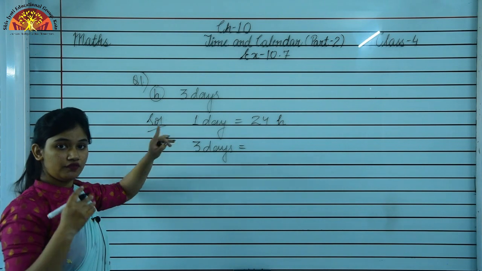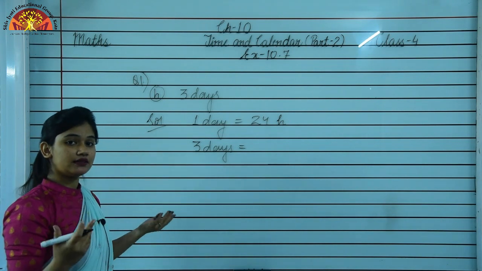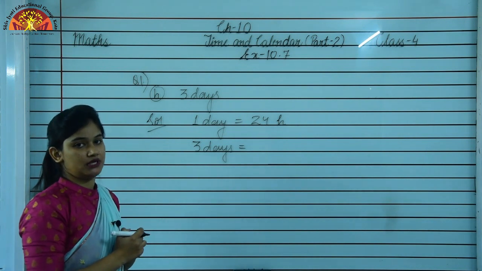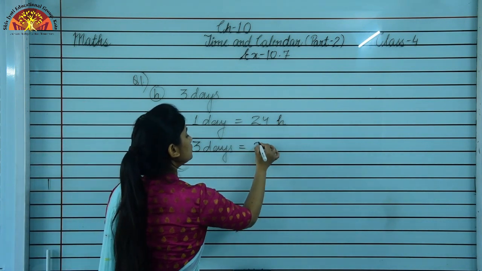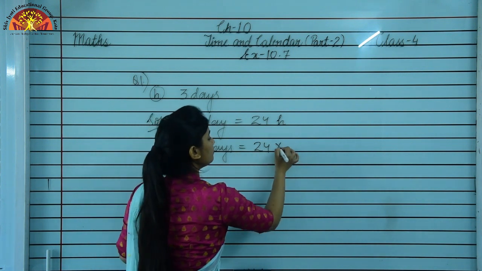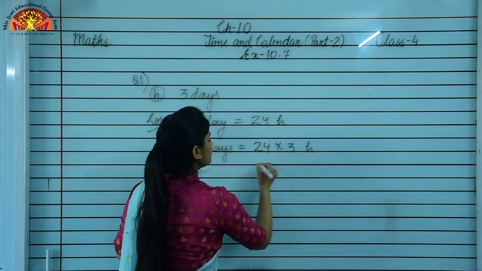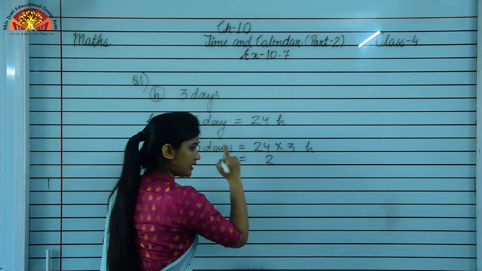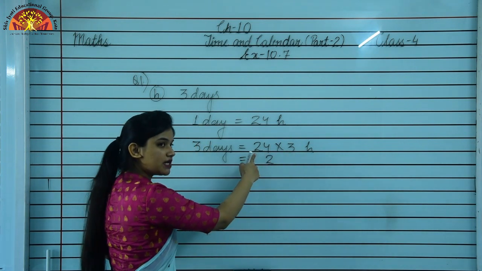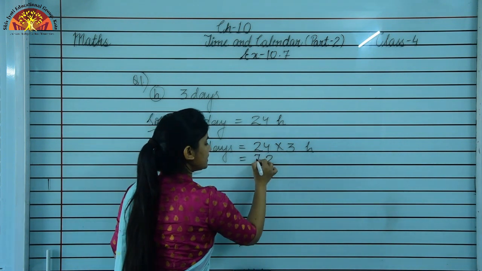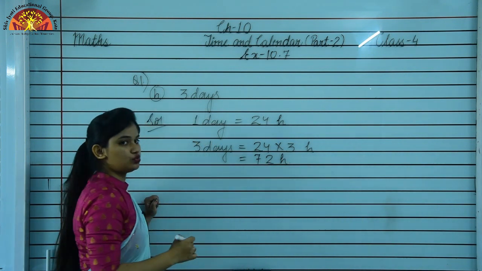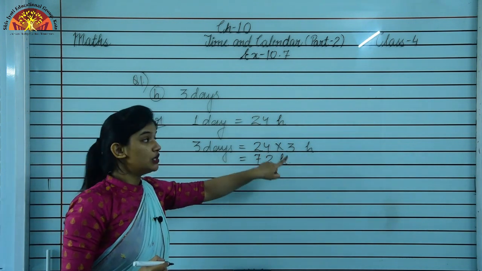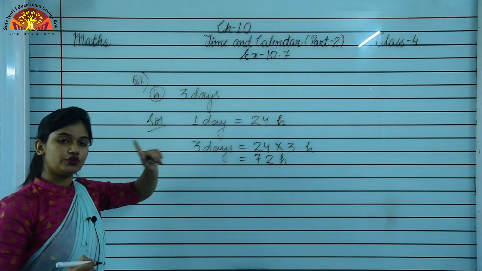First we have the number of hours for one day, but we are finding hours for 3 days. It is given for one, we are finding for more than one. What do we do whenever we find for more than one? Always we have to do multiplication. Okay, so we have to multiply 24 by 3, and it will be 3 4s are 12, carry 1, 3 2s are 6 plus 1 is 7. It will be 72 hours. It means 3 days is equal to 72 hours. To convert days to hours, what do you have to do?